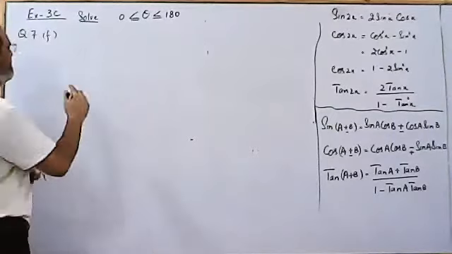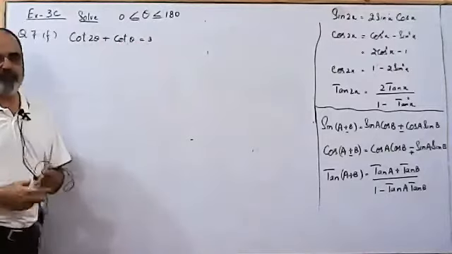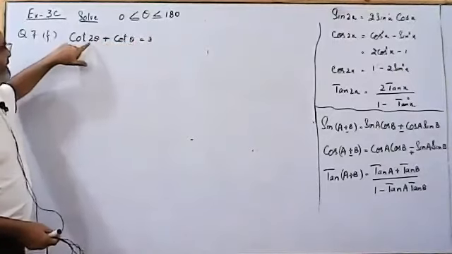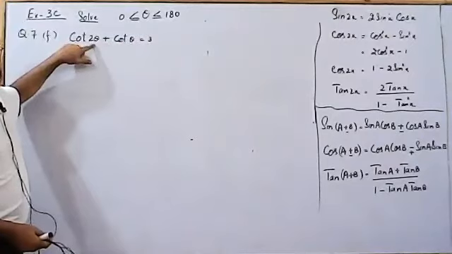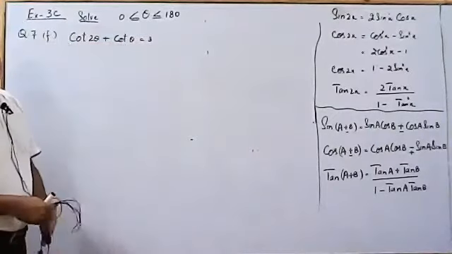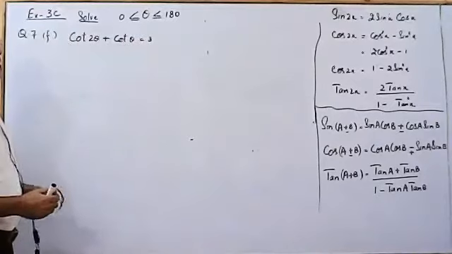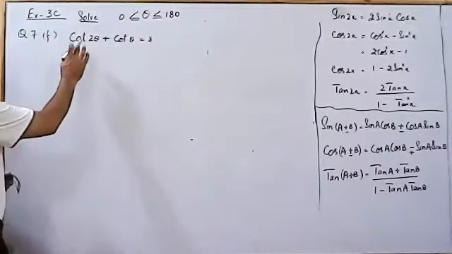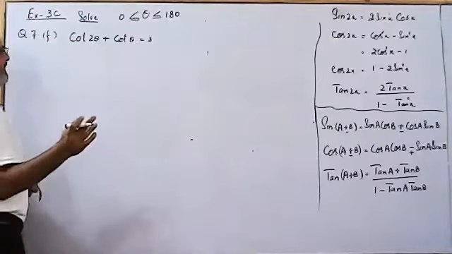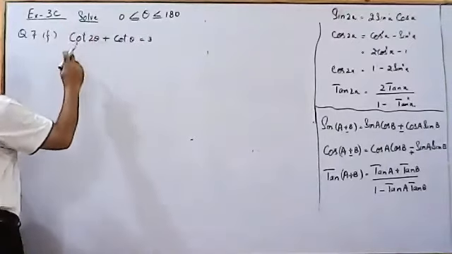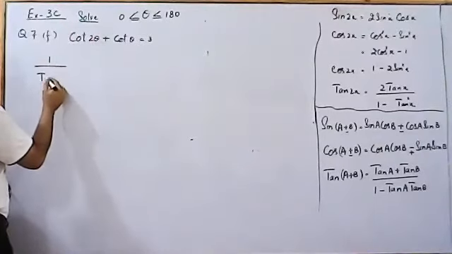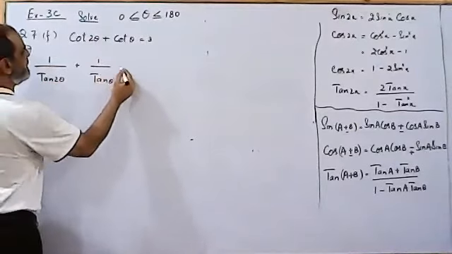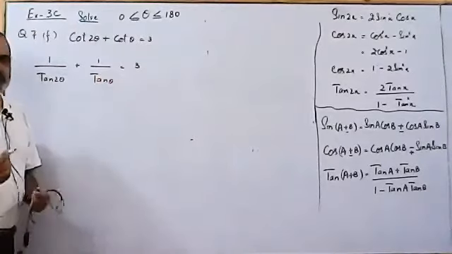Now in this case, we have the same trigonometric ratio cot theta in the whole equation, but in one term the angle is a single theta, and here the angle is double, 2 theta. So the double angle has to be changed into a single angle. Otherwise, we cannot solve it further. For that purpose, I am going to change them into sine and cos, or we can change them into tan as well. So cot 2 theta can be written as 1 over tan 2 theta plus 1 over tan theta is equal to 3. So I have taken reciprocals of cot.